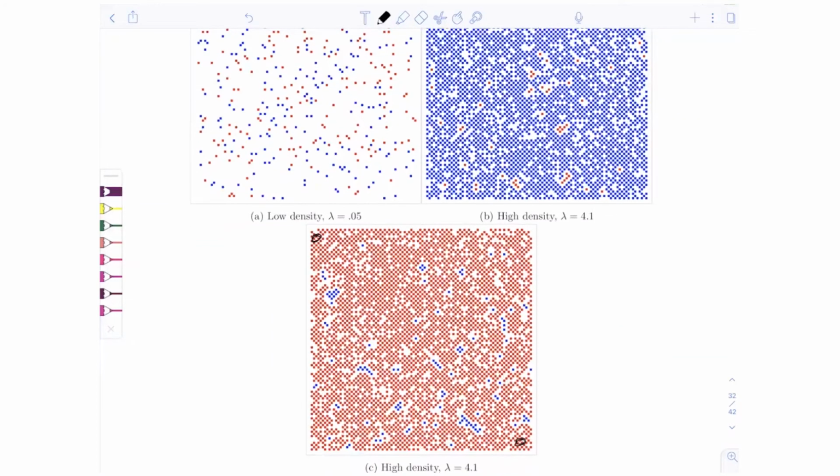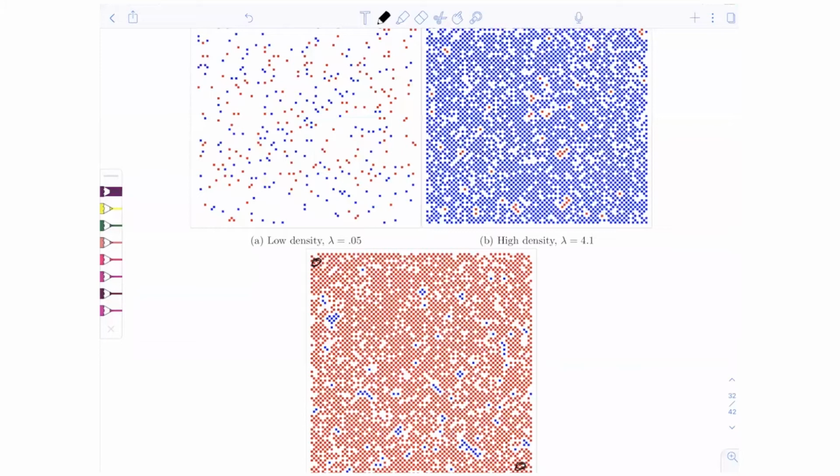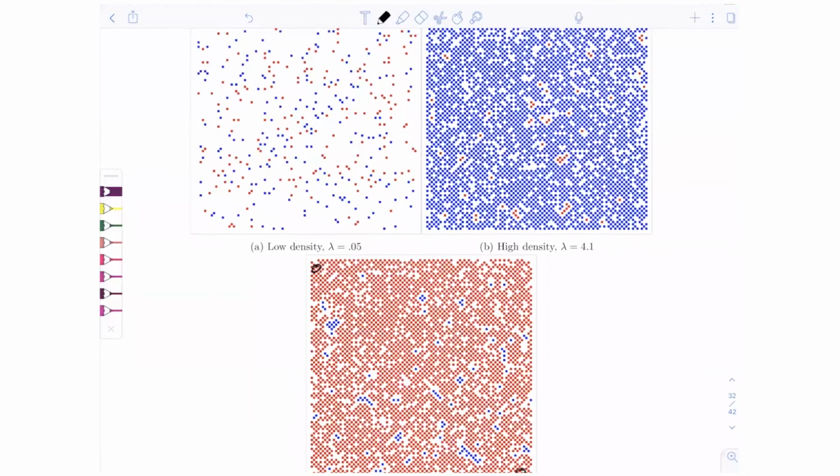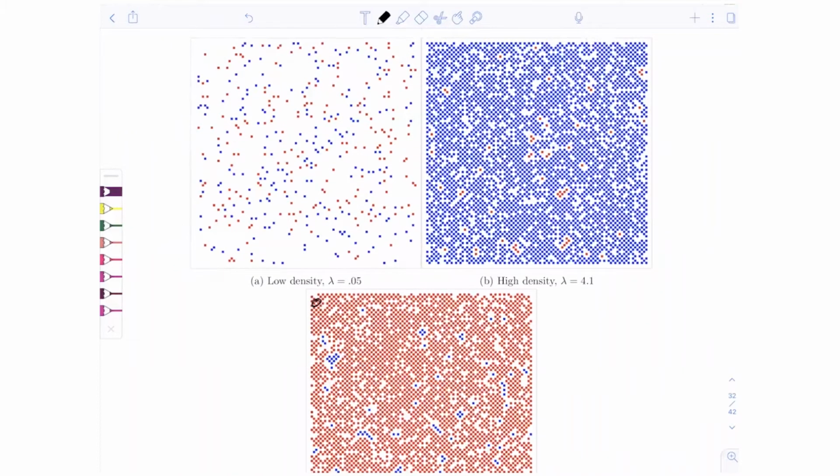Then these little blue islands, their pattern doesn't look so dissimilar to the pattern of red and blue occupied vertices in the low density regime. And similarly, if I thought of my background as being a blue and white checkerboard, these little, I'll call them defects,